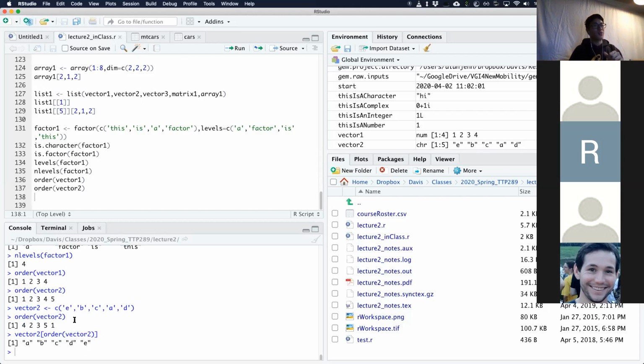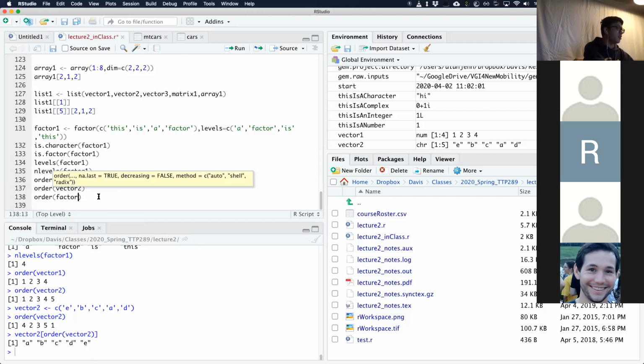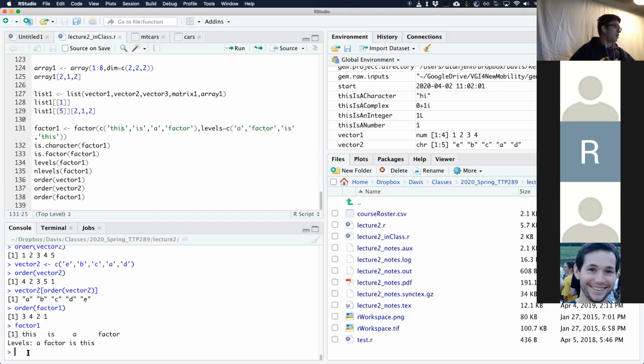So the ordering will alphabetically order. If I order a factor, it's going to order it by the order that you define in the levels. So in this case, if I order factor 1, 3, 4, 2, 1, and that's because, let's take a look at factor 1 again. So this is the third,